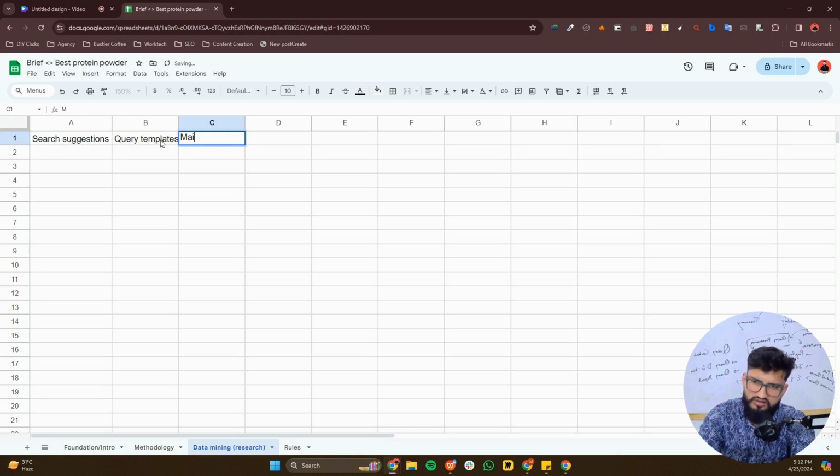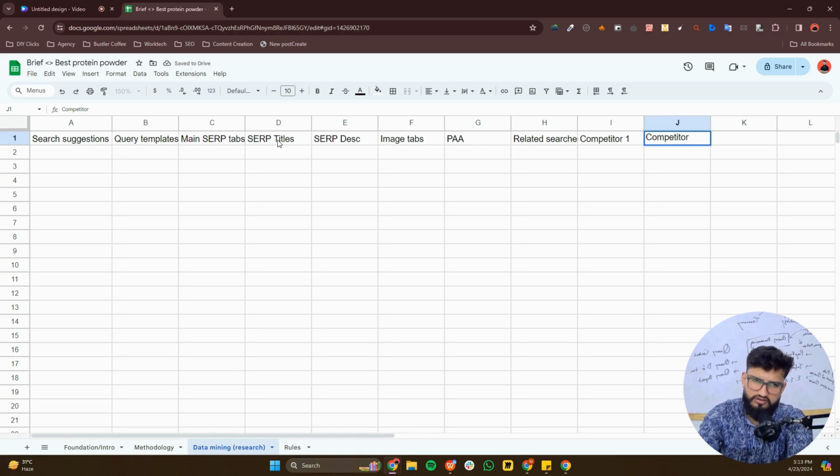Another could be main sub tabs, and some more like SERP titles, SERP descriptions, image tabs, and PAA, People Also Ask, related searches, then competitor 1 and competitor 2,